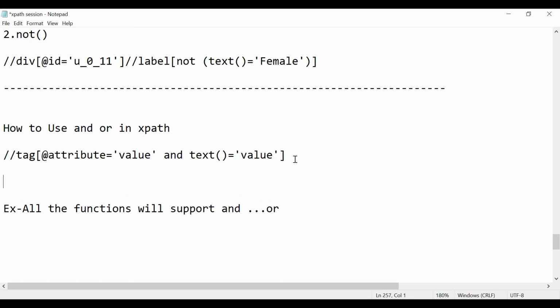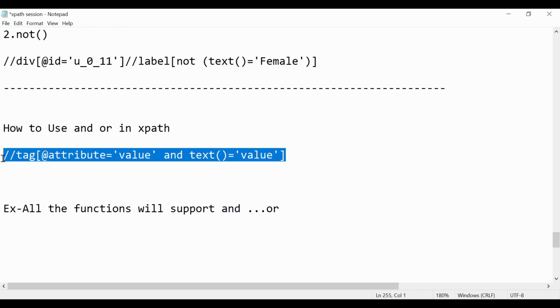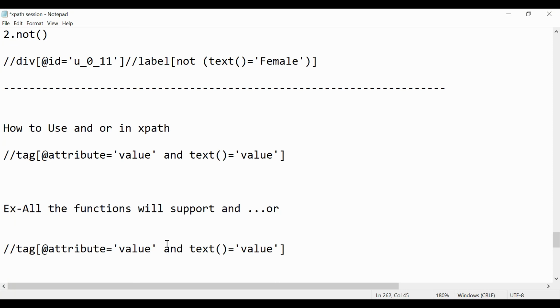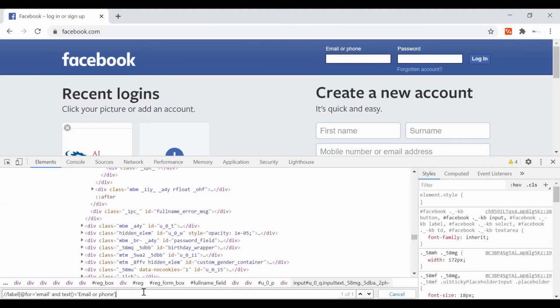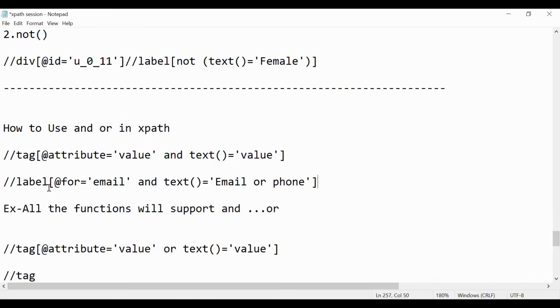Okay, so for OR it's very similar, you just have to replace AND with OR. Basically what we are saying is find a tag with label, for which we have an attribute called for, which has value equal to email, and text is equal to email and phone.